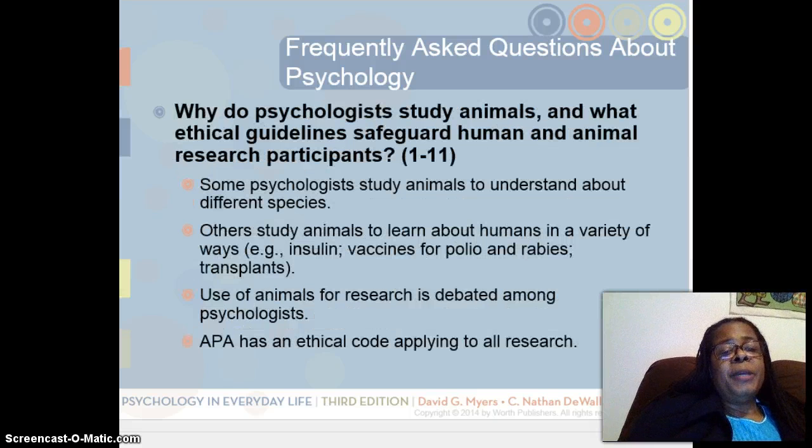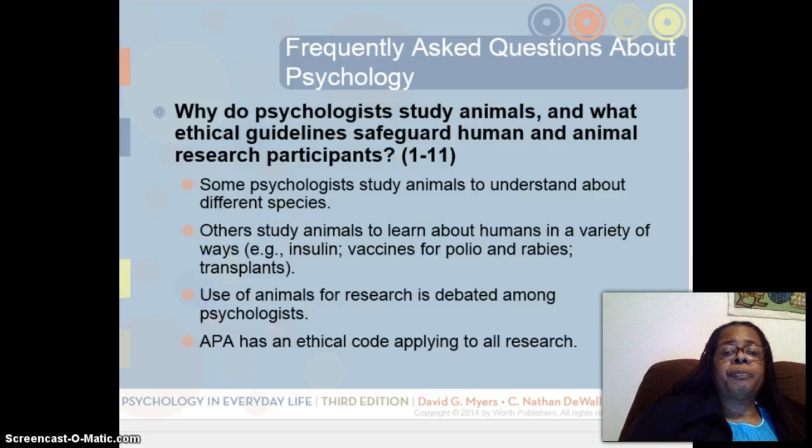Another issue that comes up is, why do we use animals for research? People wonder about that. Why are we using animals? What are the ethical guidelines around the use of animals? Well, as I mentioned before, research on animals allows us to study some variables that we're not able to study in human populations. So we're able to learn important things that we would not be able to learn because of the restrictions in working with human